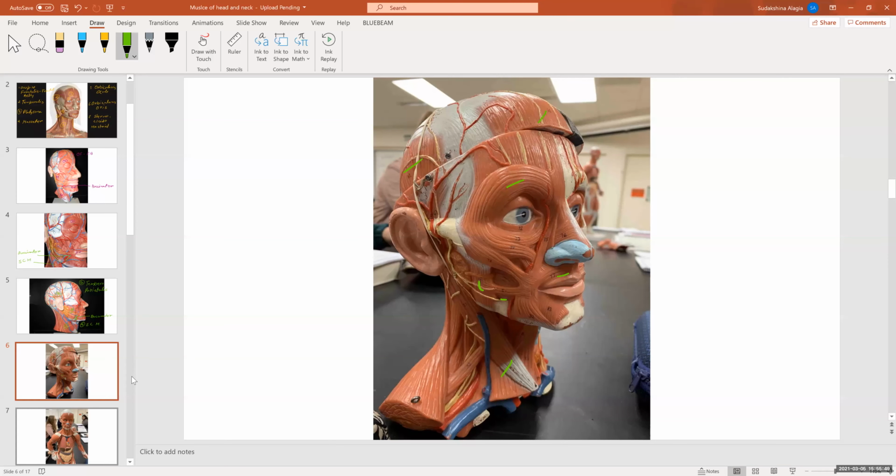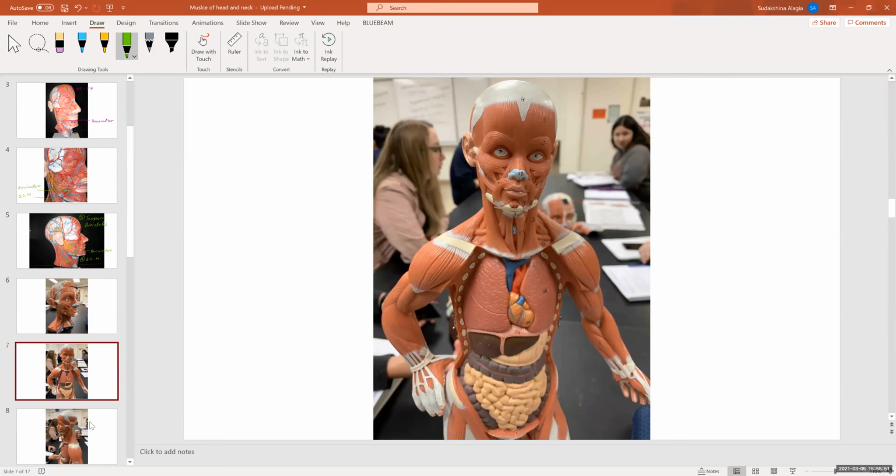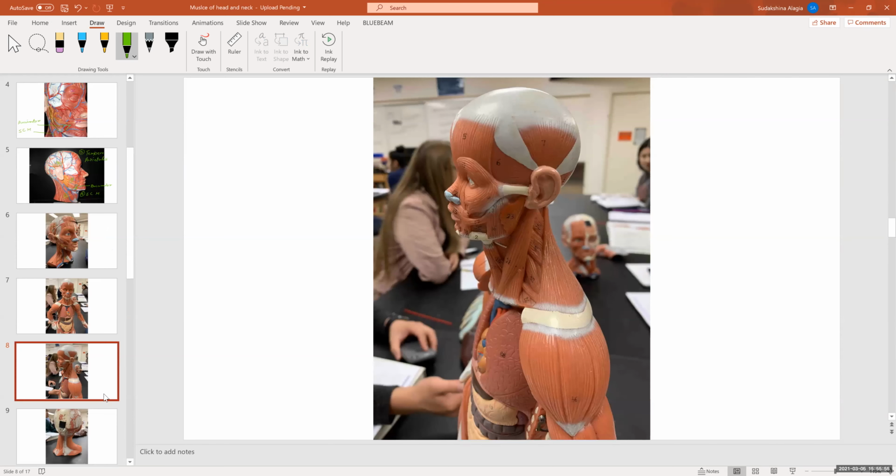Same thing here. Make sure you identify what's identifiable. And here, we get to see splenius capitis here. Along with the occipitofrontalis, frontal belly, temporoparietalis, sternocleidomastoid, oculi, oris, masseter, and buccinator, we are also able to see here